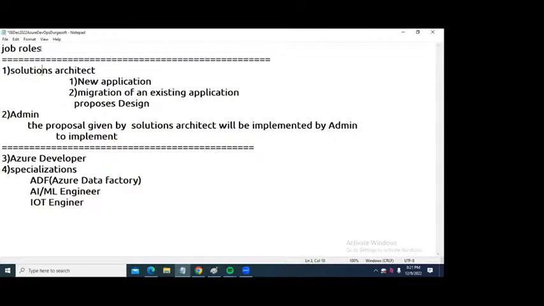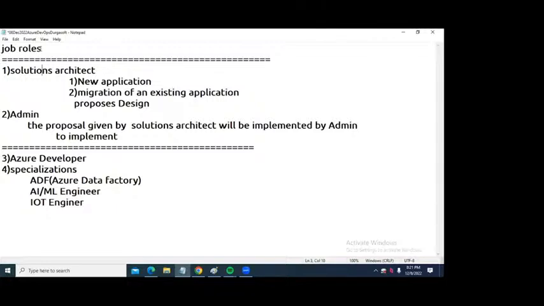Once that proposal is released by the solutions architect, it is implemented by admin guys. The proposal given by the solutions architect will be implemented by admins.